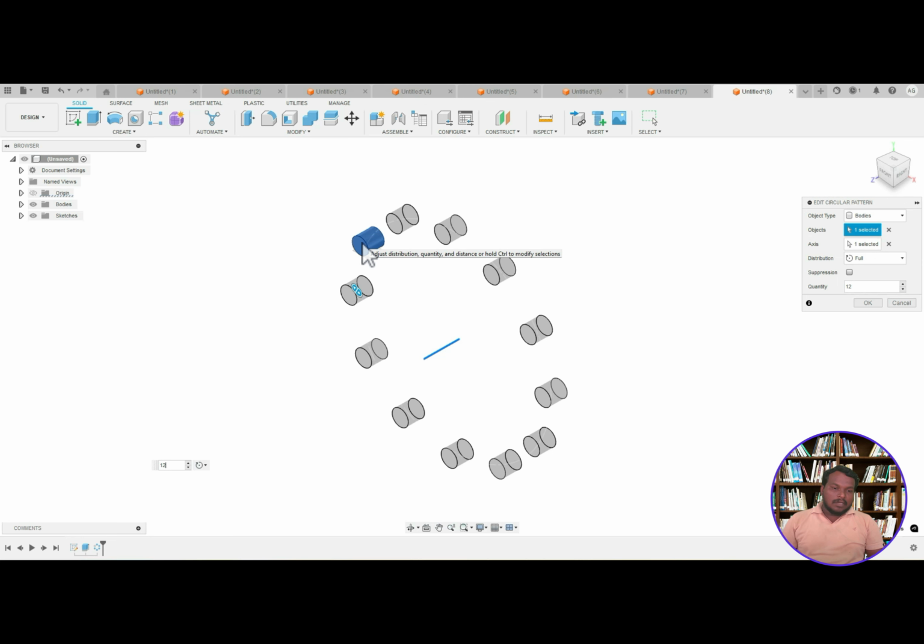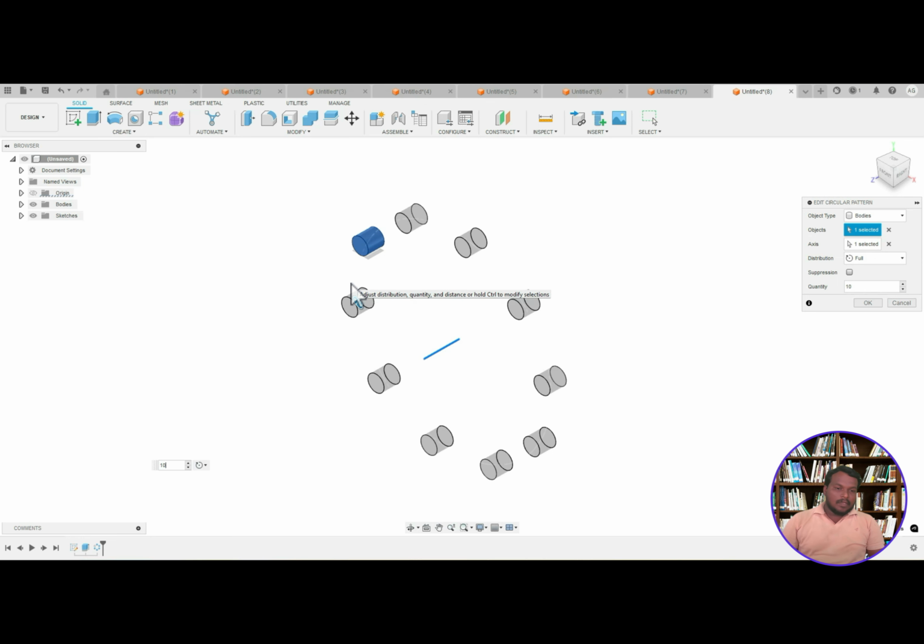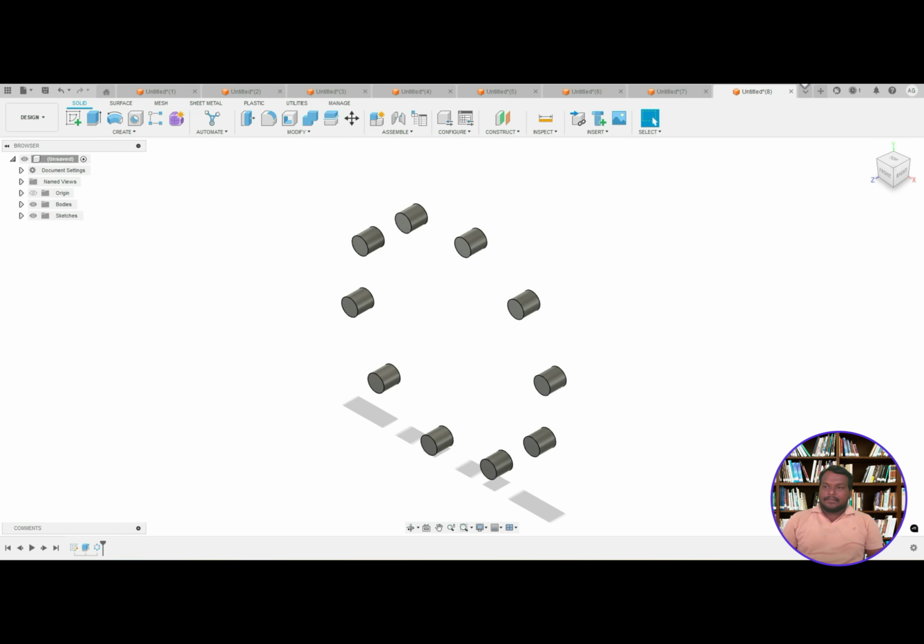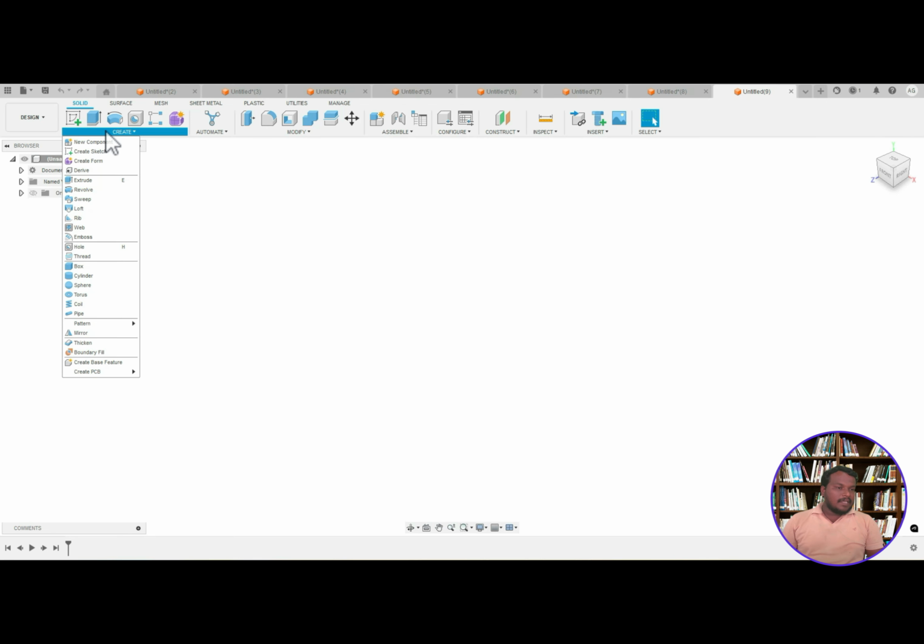Otherwise, we'll go to 10. So each is 360 divided by 10, which means 36 degrees. From the center point, this object to this object is 36 degrees, and this object to this object is also 36 degrees. Like that. Okay, this is a circular pattern. Next pattern is that